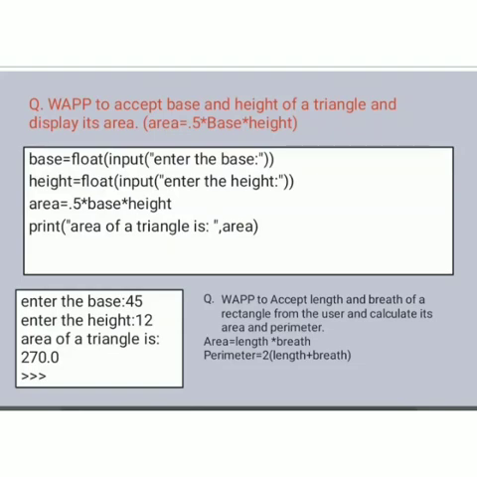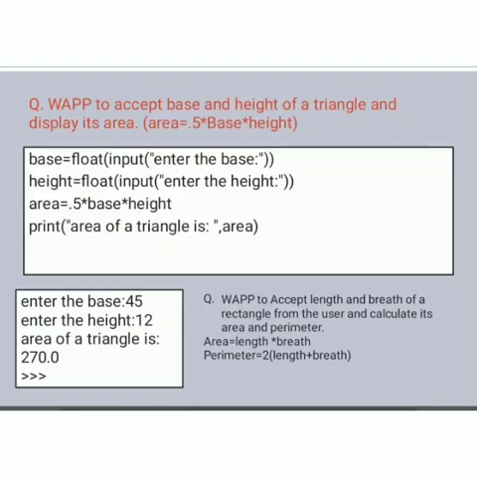So the first line which we have written here is base is equals to float, input, enter the base. Now we are using two functions together in the same line. One by one we will understand what it is. Base is a variable in which the value will be assigned. Equal to is an assignment operator, and on the right hand side we have used two functions. One is the outer function float, the other is the inner function input.